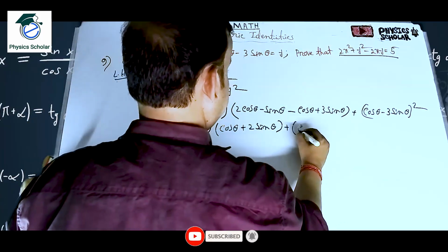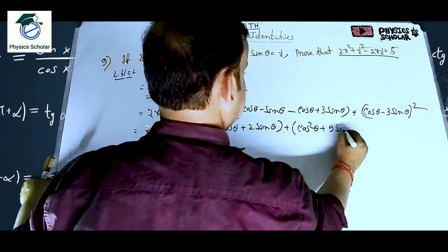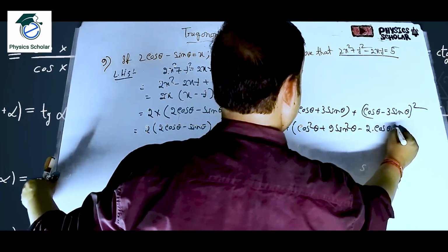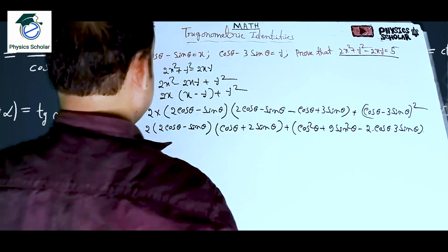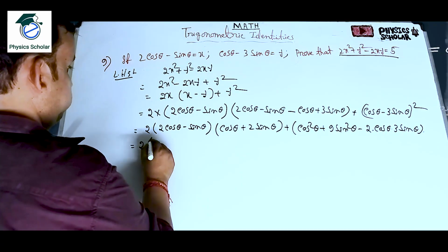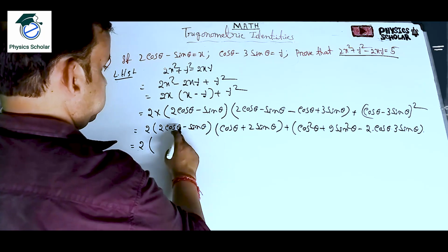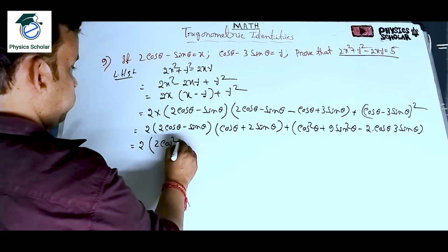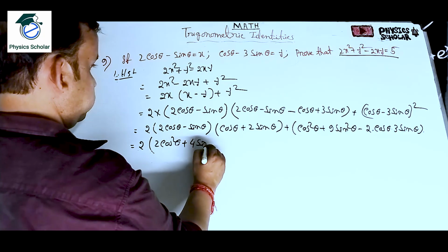Formula a square plus b square minus 2 into cos theta into 3 sin theta. Okay. So now it will be what? 2 into, we have to multiply. So 2 cos square theta plus 4 sin theta cos theta